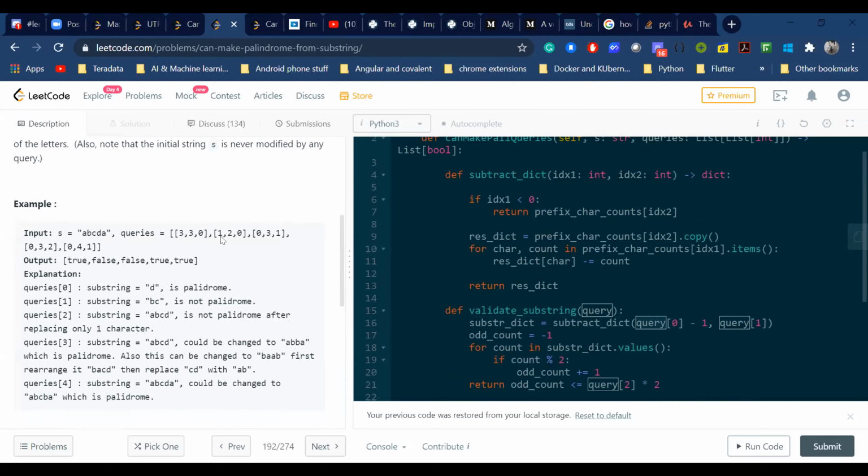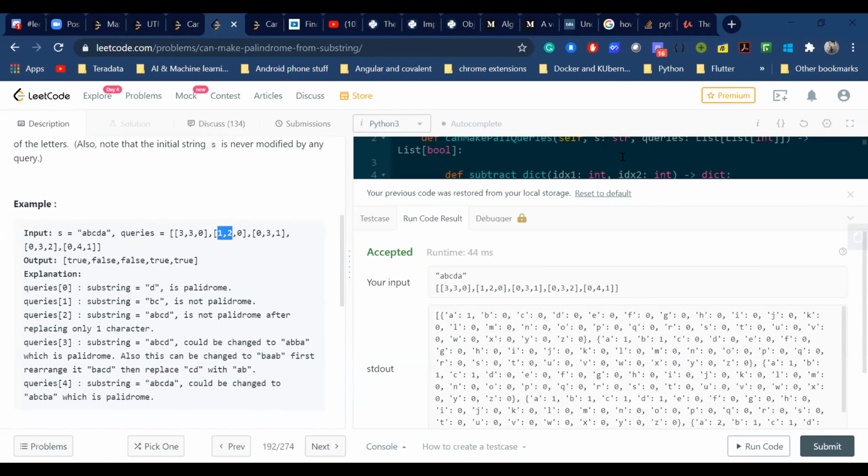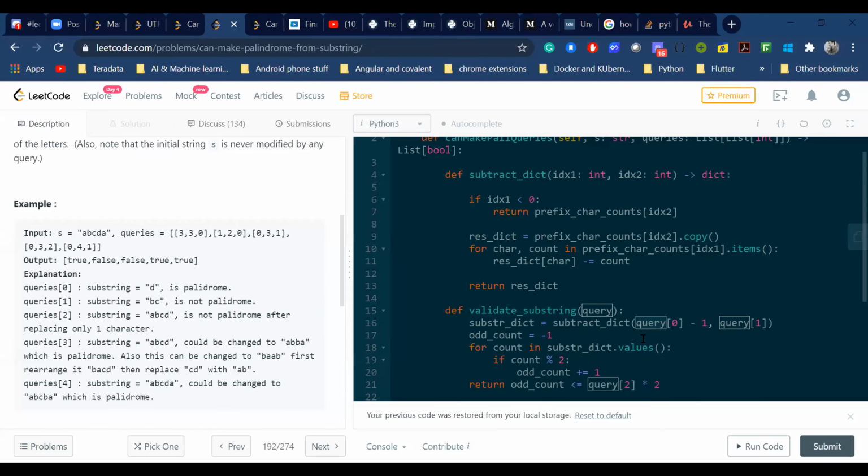So for this example, like 0 to 3, I will take the second map and subtract the 0th map, so that I will get the count from 1 to 2. So that I don't need to compute the counts up to that substring every time.